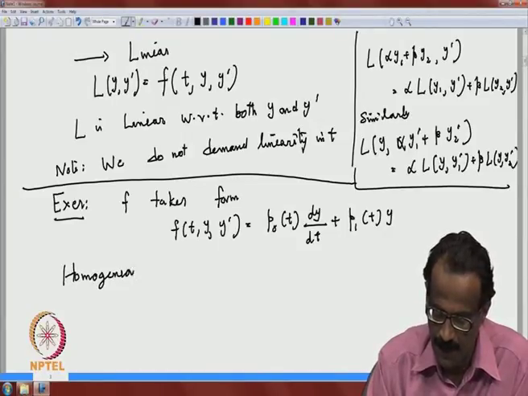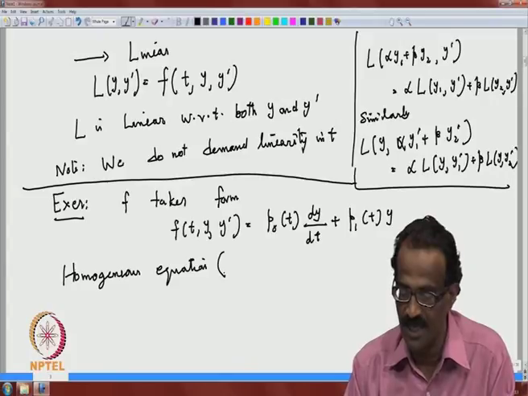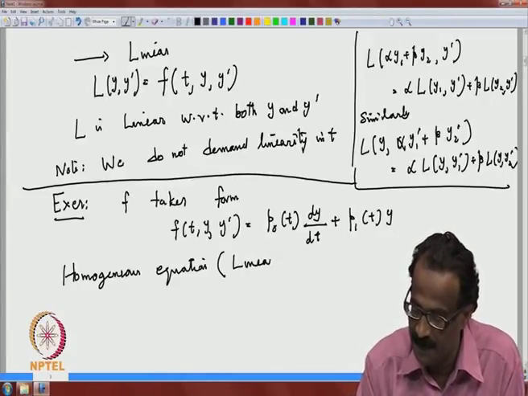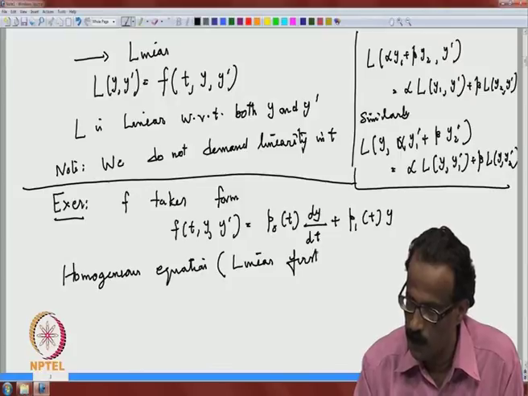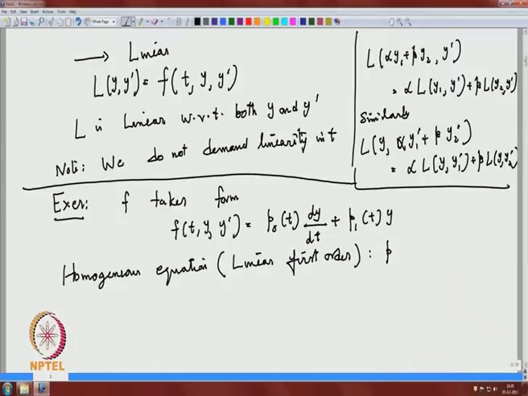We get the general form of the homogeneous equation, which is linear first order, of the form p naught of t dy by dt plus p1 of t y equal to 0, and if you put a non-homogeneous term on the right, your non-homogeneous equation,